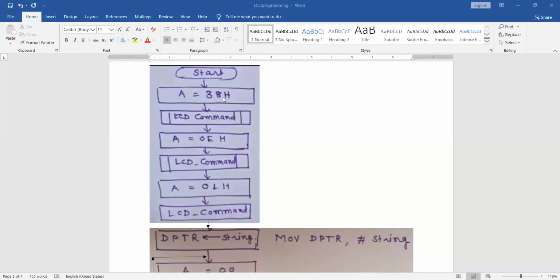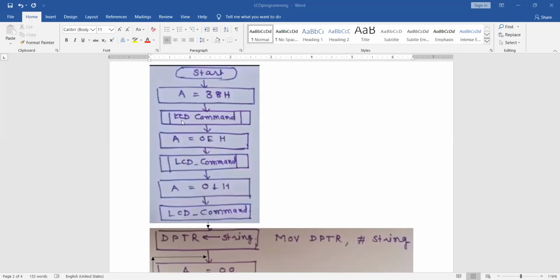It will select 2 rows. When I write A equal to 38H, is 38H command or data? It is command.